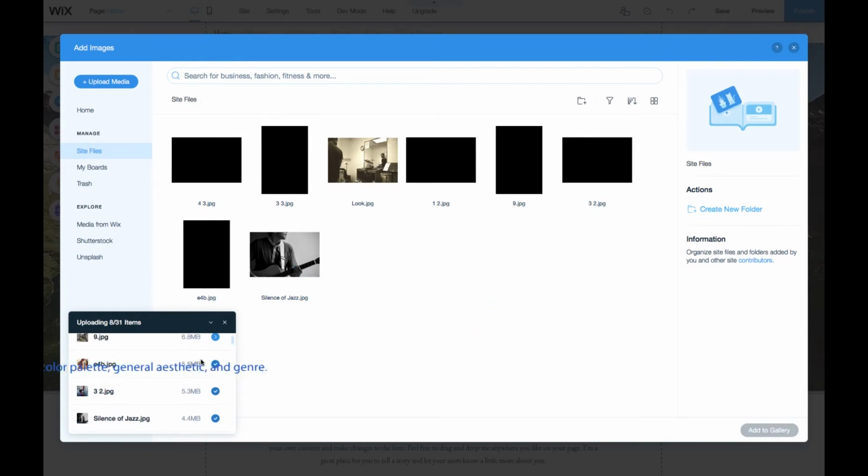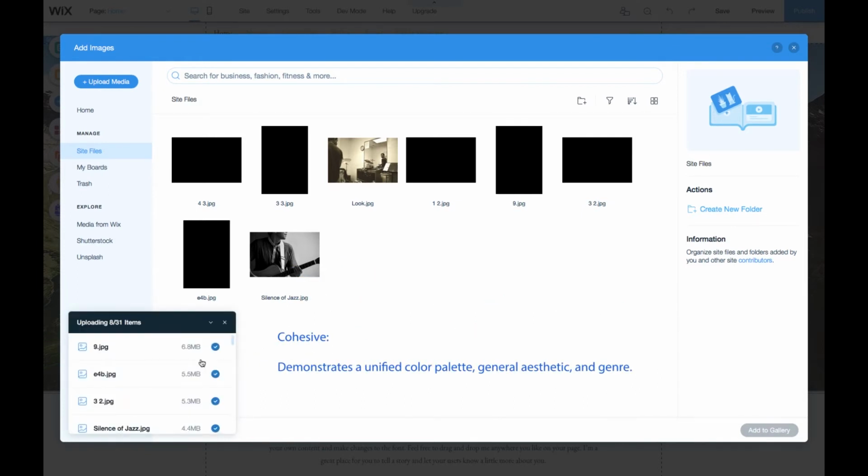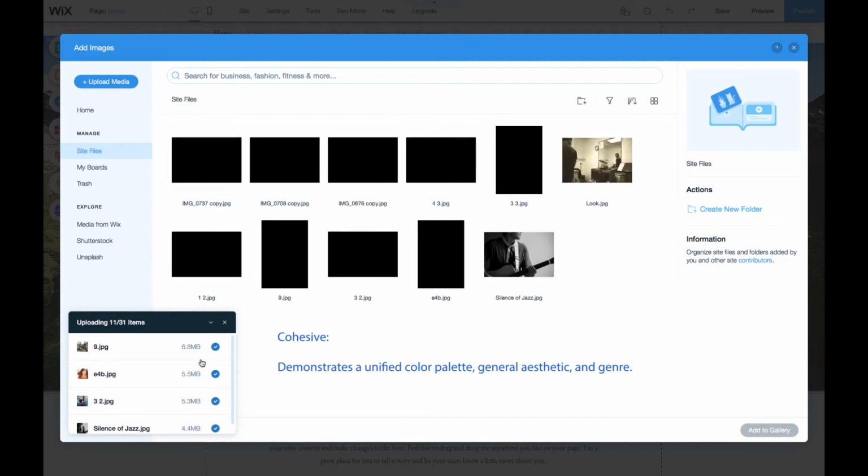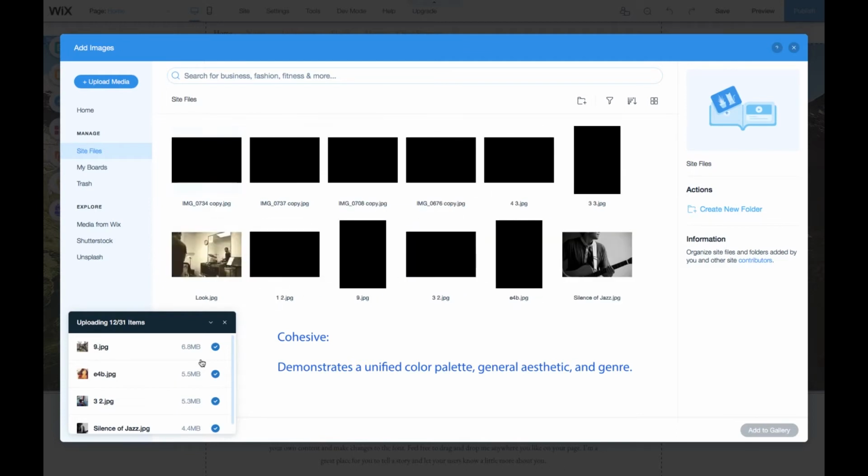Okay, so let's talk about what it means to have a cohesive portfolio of images. This means that they demonstrate unity, that they have a unified color palette, a unified general aesthetic, and a unified genre. That means, are you focusing on portrait photography? Are you focusing on landscapes? Are you doing travel? Maybe you're doing two of those, but you have a specific direction that you're headed in